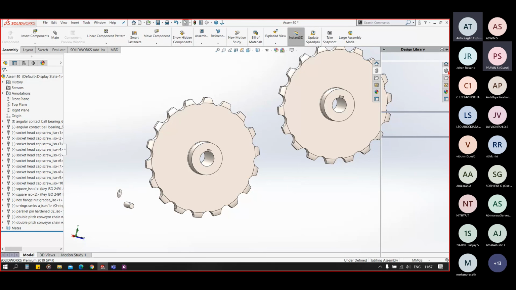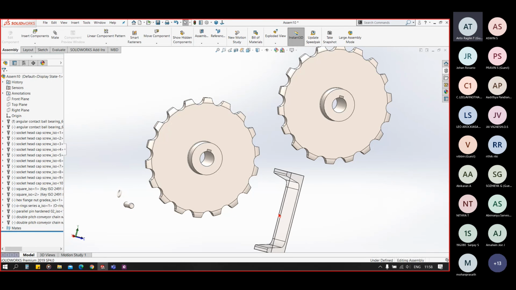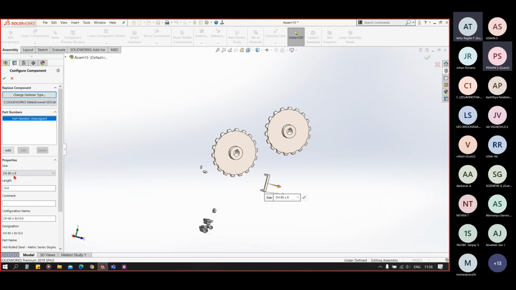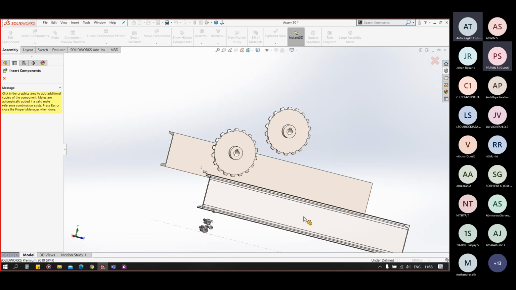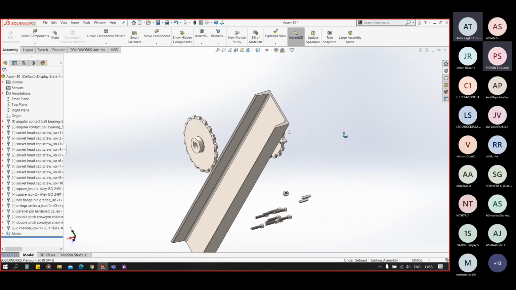And what we have is structural members. We have, let's say, C channel. I have different sizes here for C channel. I can drag it by input, giving the length input, click on OK, like this.